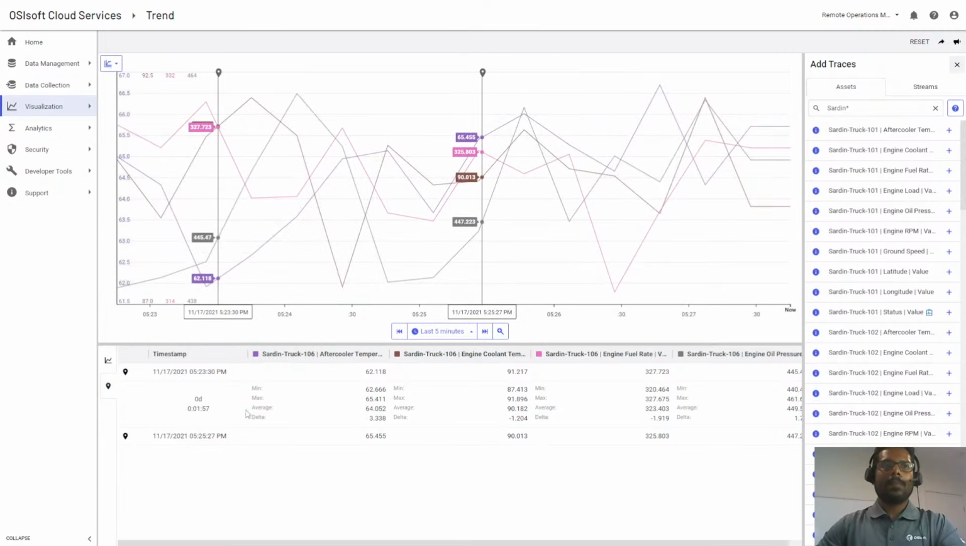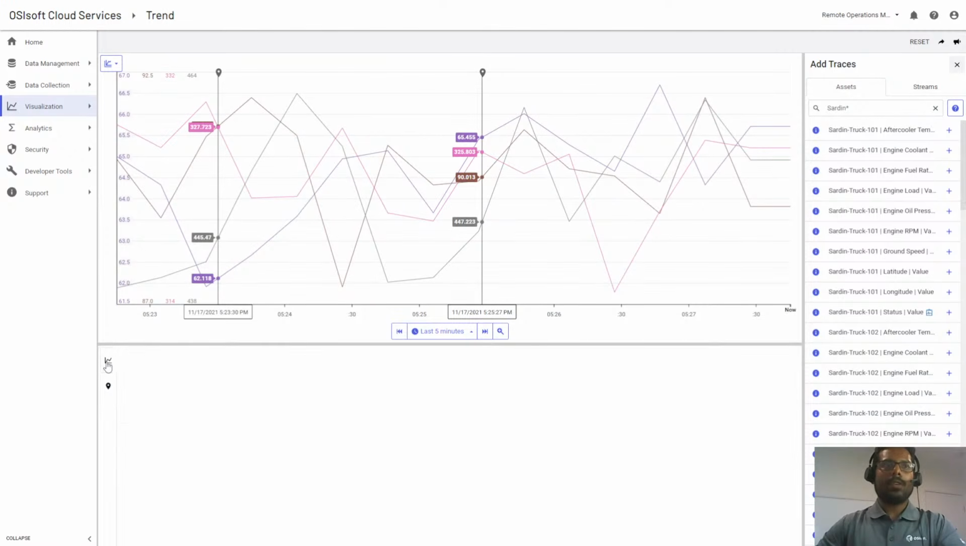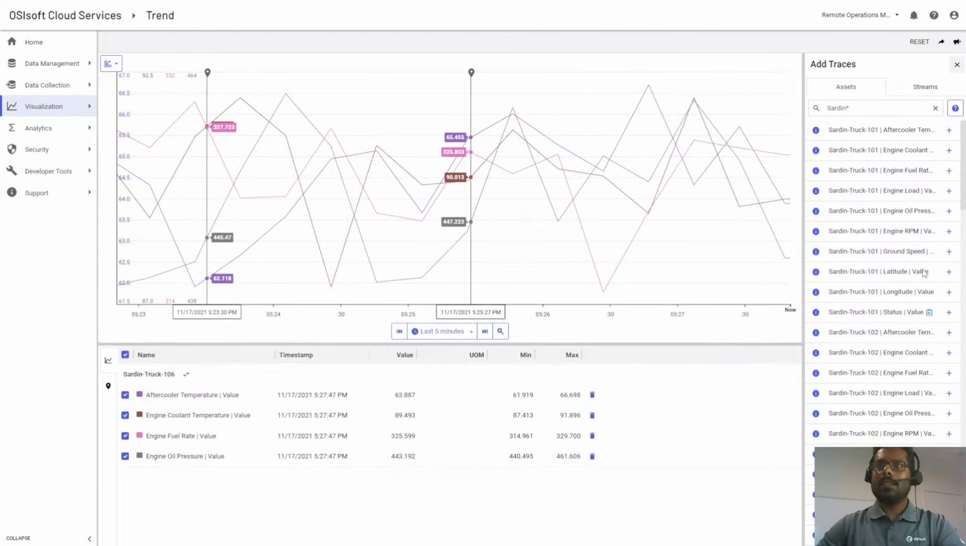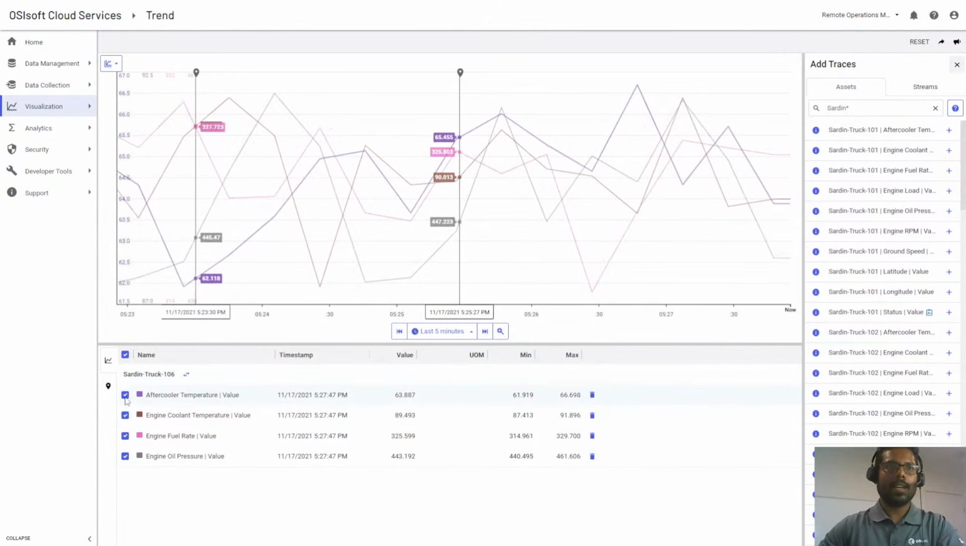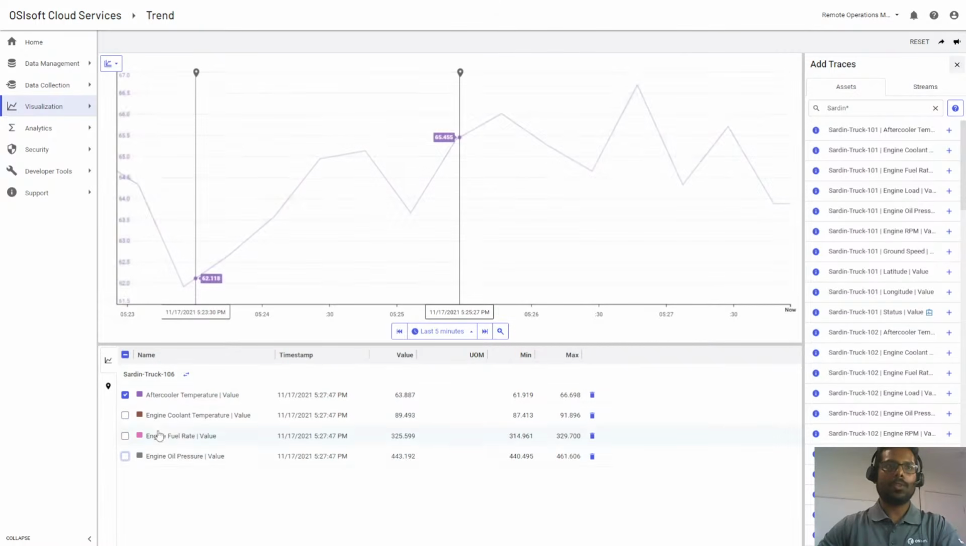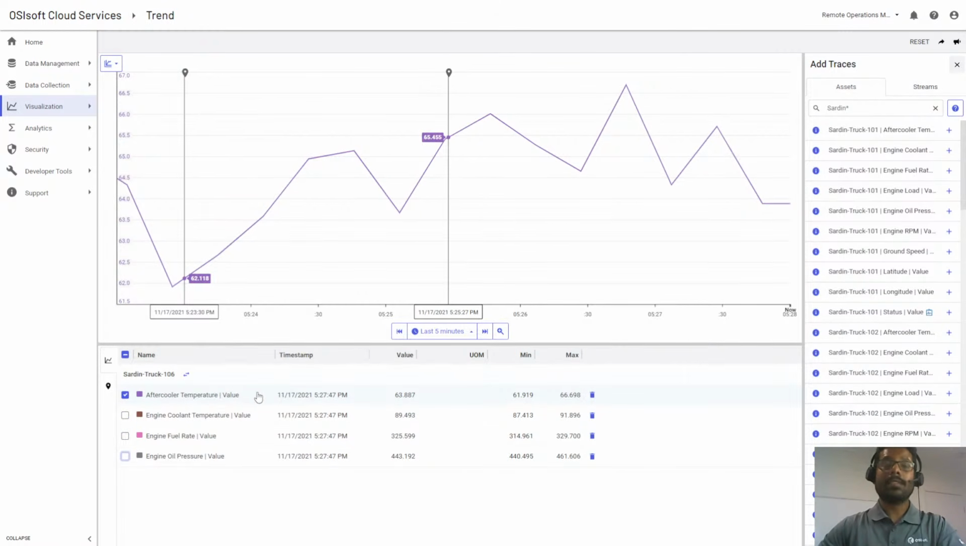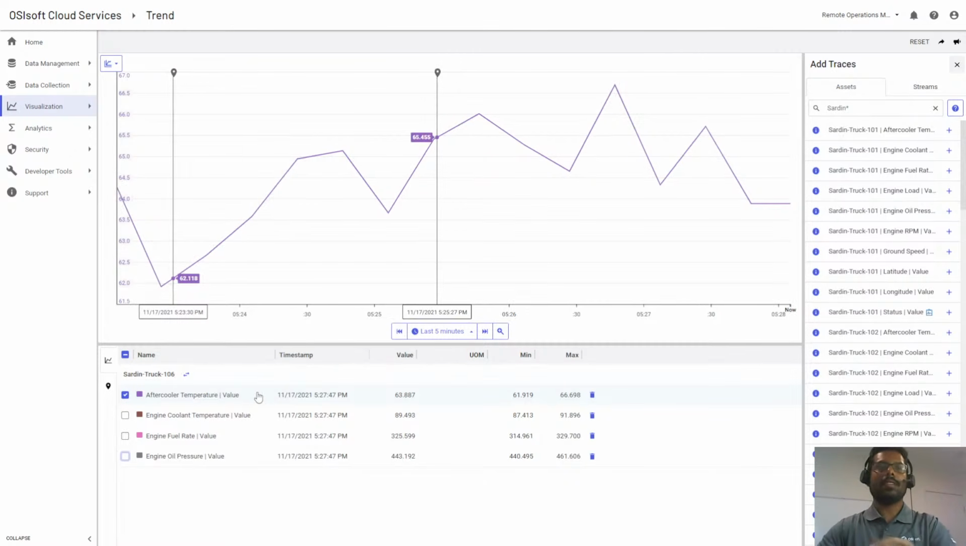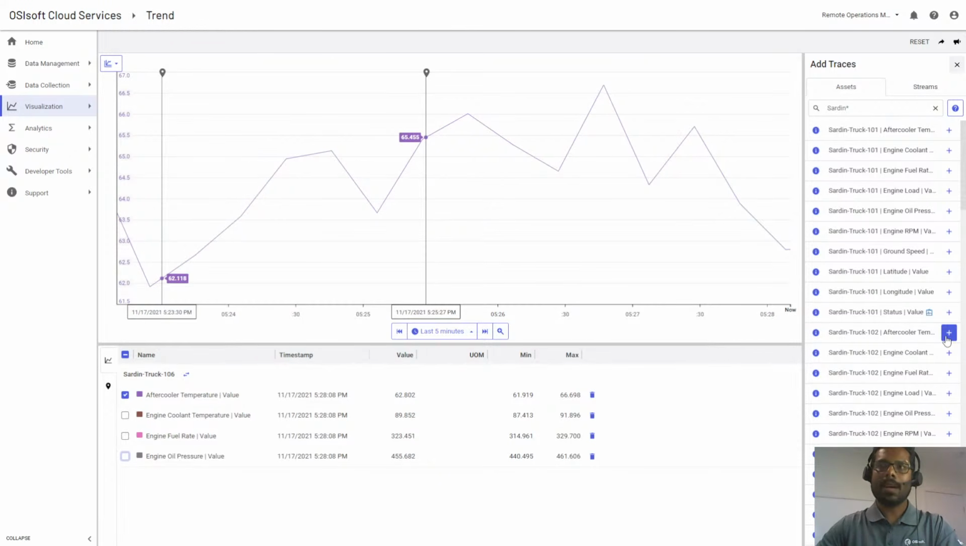Now, in addition to that, I can also, for example, do a performance comparison check. So if I want to compare the after cooler temperature between two different trucks, how does a process value parameter compare between different trucks? I can do so. All I need to do is add the similar parameter from the truck